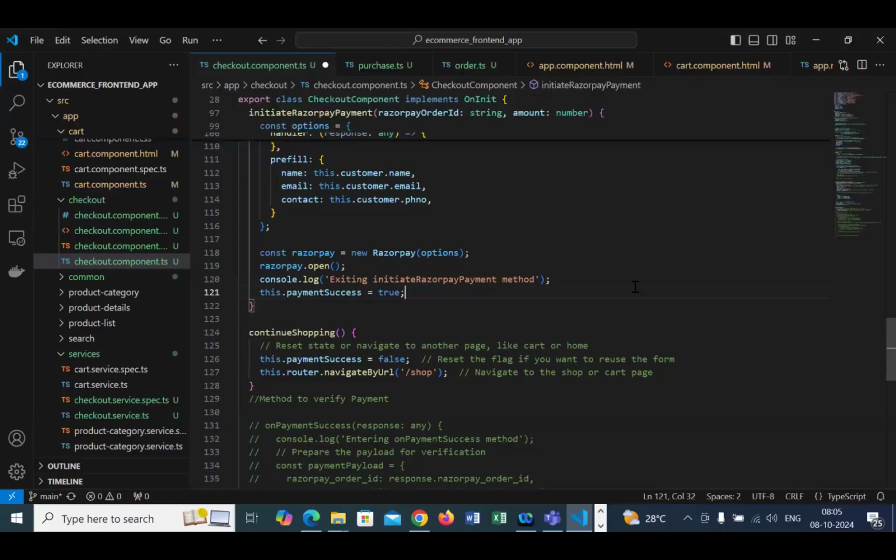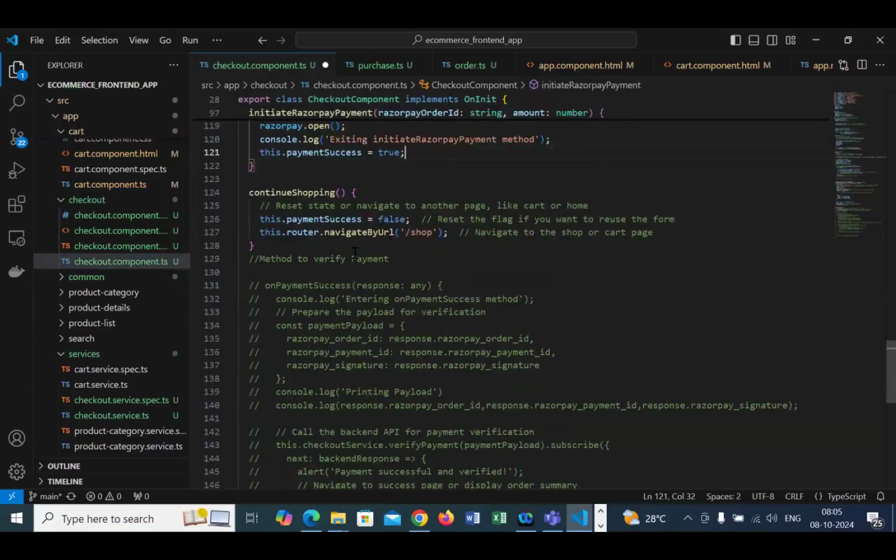You are putting everything in a single payment module, right? When Razorpay verify payment method is calling... Wait, sorry. Anyone can speak now. Means the Razorpay verify payment method is there, when it is calling. No, that we have not done. Okay, in the checkout component, there is a verify method. So again, for the verify pay method, what we have to do